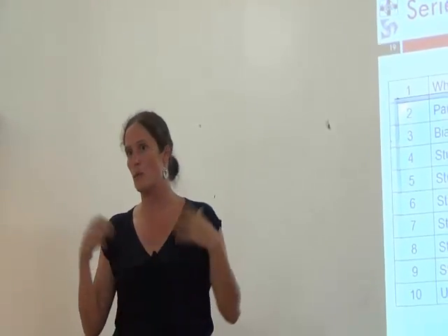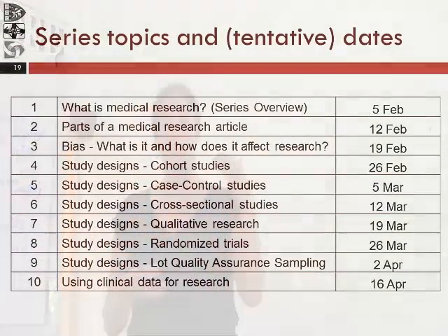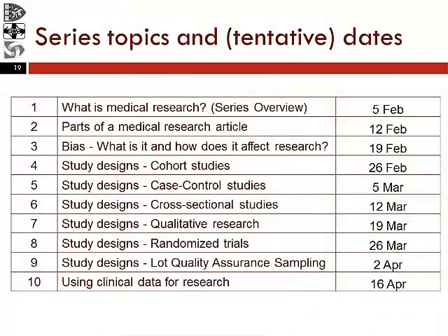So we're starting off with what is research and why do we care. Starting next week, we are jumping in. Okay, so how do you read an article? How do you interpret tables? How do you interpret confidence intervals? That will be the focus for next week. We will talk about bias. My statement is no research is perfect. It's really important to know why there is a problem, and bias is usually the problems that we have with research. Then we will go through the most commonly used study design: cohort studies, case control studies, cross-sectional studies, and